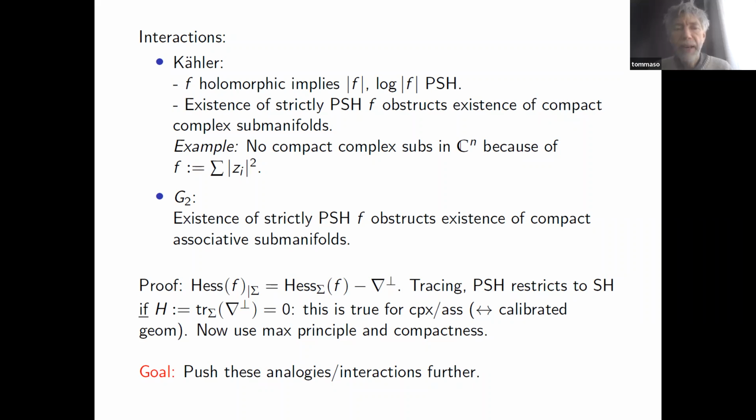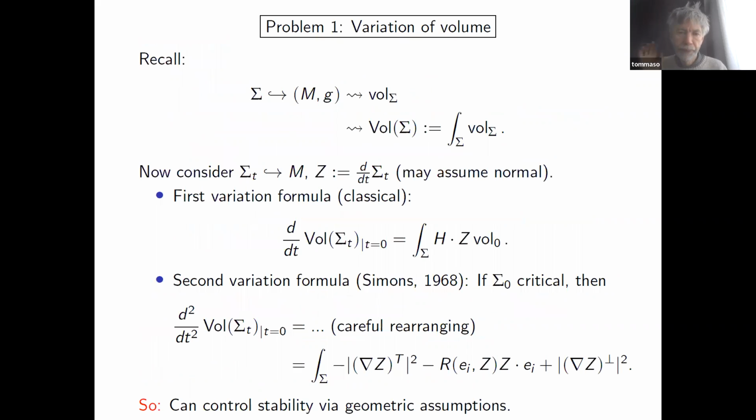But of course, in Cn, that example generalizes to all Stein manifolds. And so it generates the notion of a Stein manifold, and so there's a lot of extra geometry there. Equivalently, you can define a Stein G2 manifold, but nothing has been done yet, as far as I know, to study their geometry. Yes, thanks. Yeah. Perfect. Okay, so again, we want to see where these analogies go, how far the interactions go, and where instead they stop based on our current knowledge.